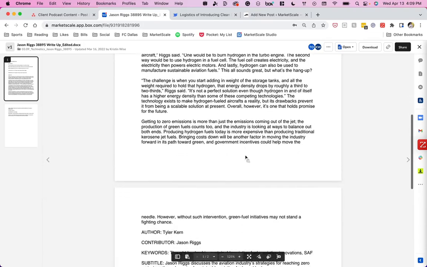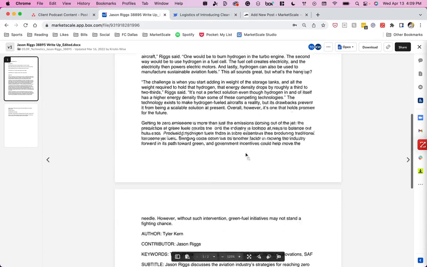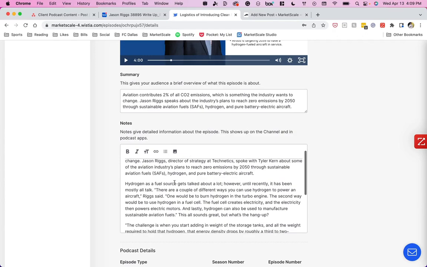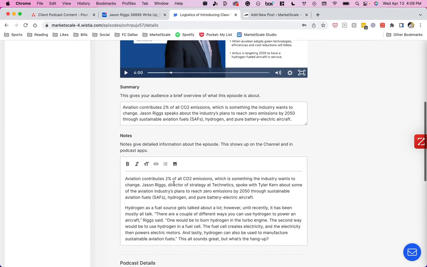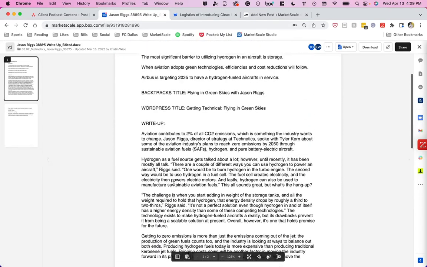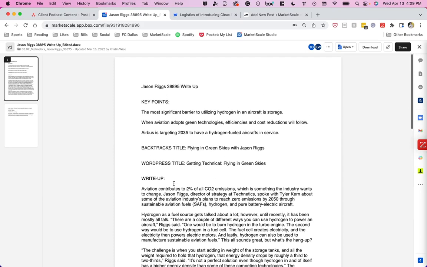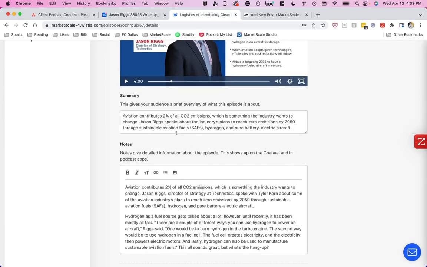And so you're just going to copy and paste that write-up into this right here under the notes section. In the summary, you might not always get a summary in the write-up. So you might just type a quick